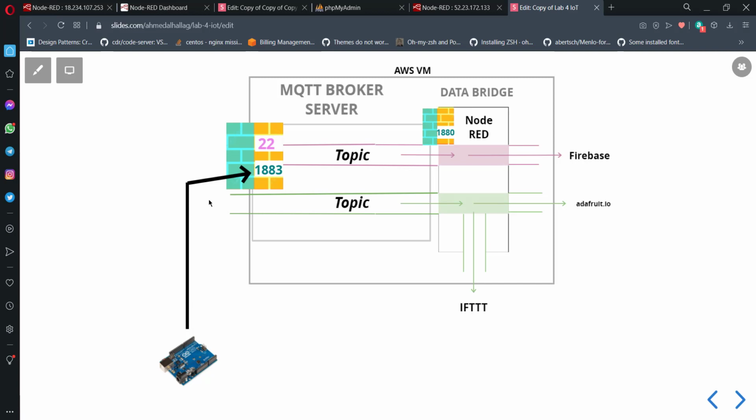The logical thinking was, if we were using the MQTT protocol, then with the same technique that Adafruit is working, we could find a way to download and install our own MQTT broker server, which would receive the values that we publish from the microcontroller over MQTT. And we found out that there was Mosquitto, a piece of software that is a standalone MQTT broker server that we could download and install locally on our